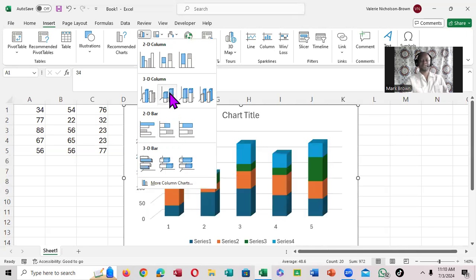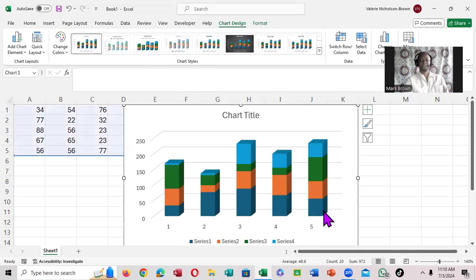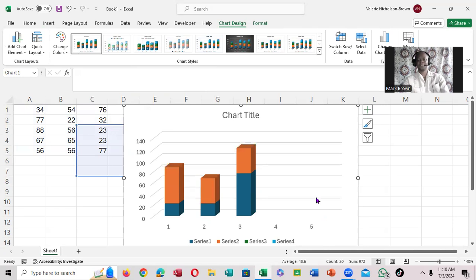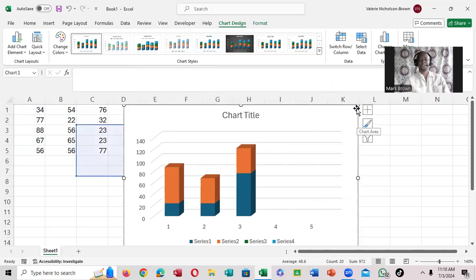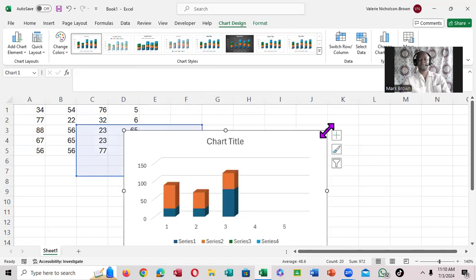So notice, put this right here. This is exactly what it looks like. You can even come right here and size it up. You can also shift it away, just the same. You can scale it right down, just the same. So this is where you actually create a bar chart